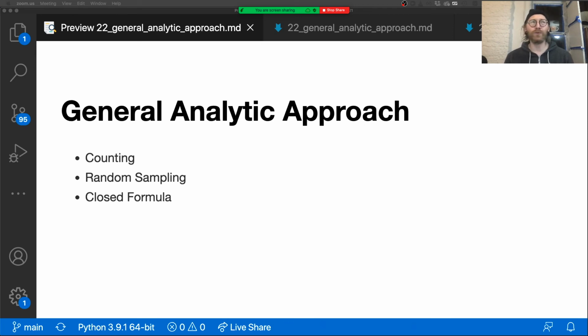We want to start thinking about how to model phenomena, right? We want to be able to take some kind of probabilistic process and break it down into its components so that we can start answering questions. And this thing that I'm calling a general analytic approach,